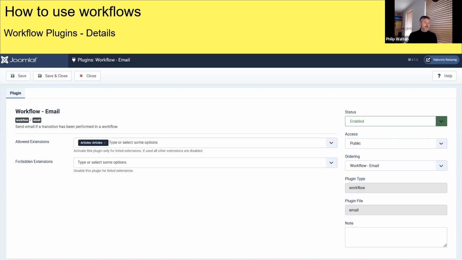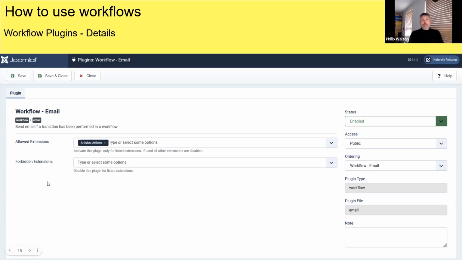So you wouldn't want a user workflow to also be accessible for articles and to show in articles. That would make no sense. They're doing two different jobs. So likewise here, you would want to set, as the types of workflow grow, only those workflows that it would be applied to, or just forbid certain extensions from allowing them to use the workflow.